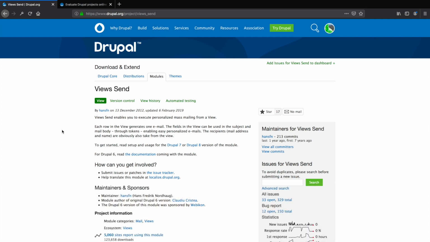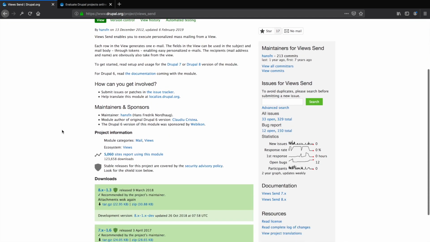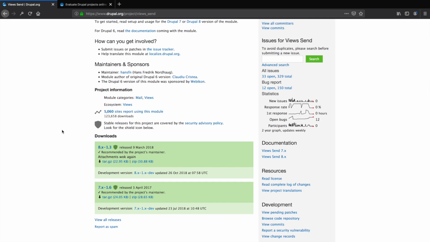Today, we're going to take a look at View Send, which permits you to execute personalized mass mailings to recipients who are referenced in a view. There are stable versions for Drupal 7 and 8. At the time of this recording, 5,060 sites report using View Send,